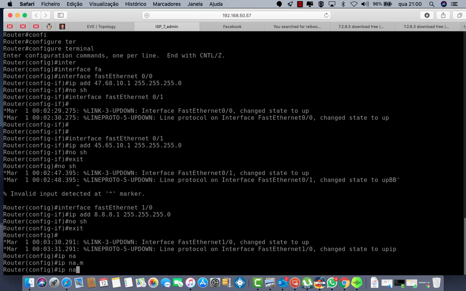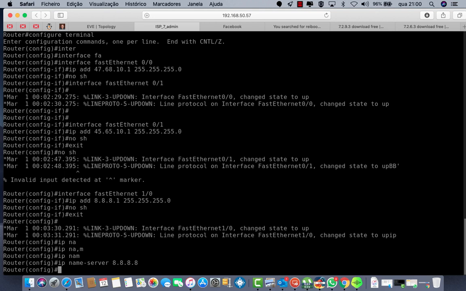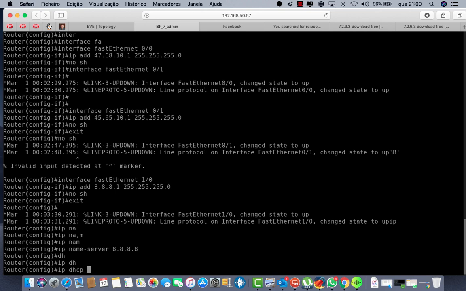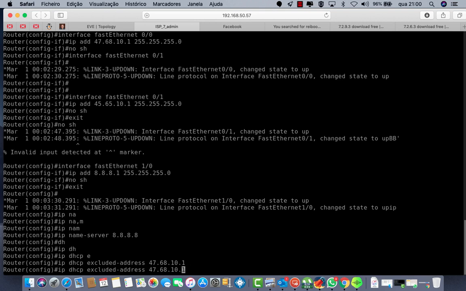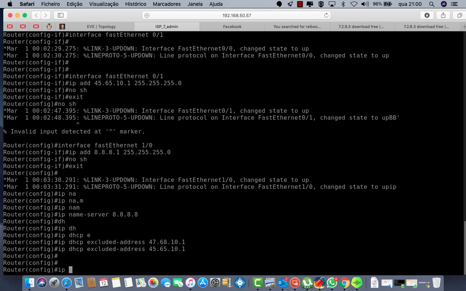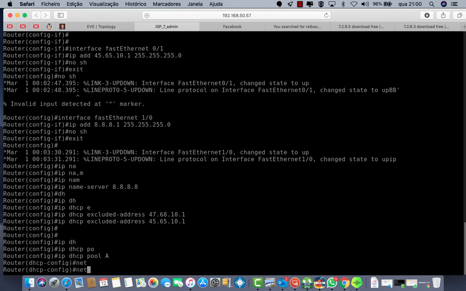Name server will be 8.8.8.8. Let's create the DHCP and IP thereafter, exclude. That will be 47.68.10.1 and 45.65. Then IP DHCP pool A, network